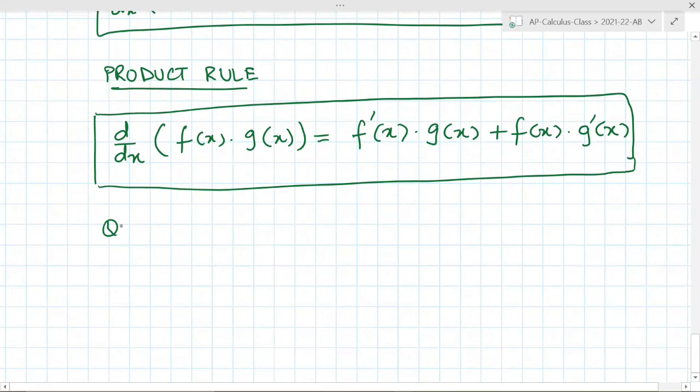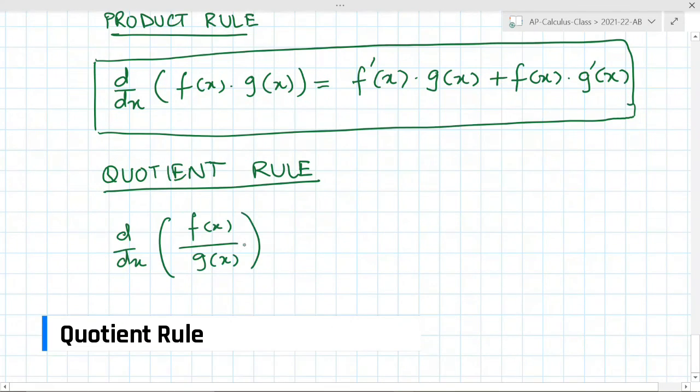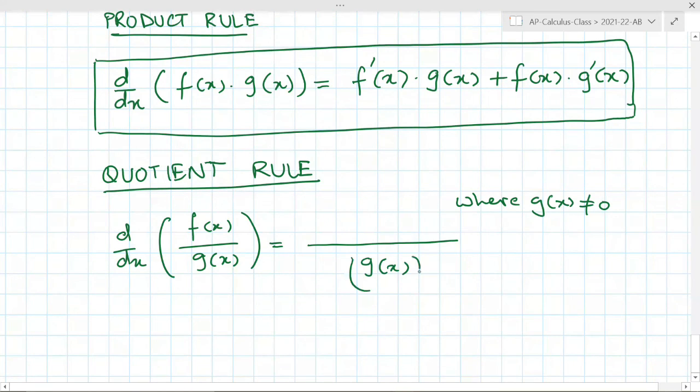The other is the quotient rule, where the denominator is not 0. G of x squared